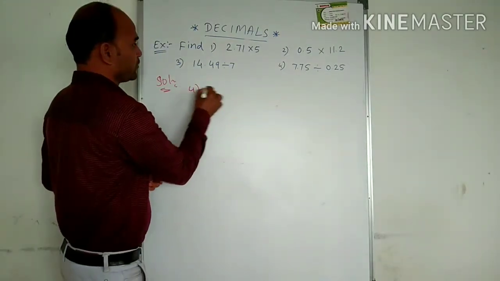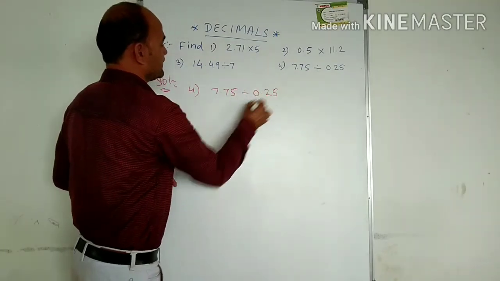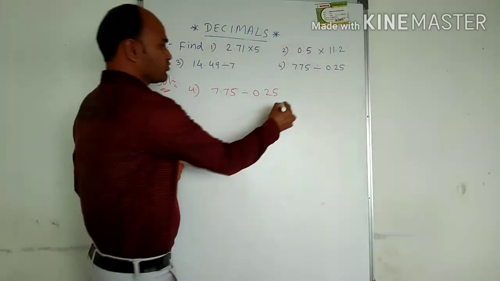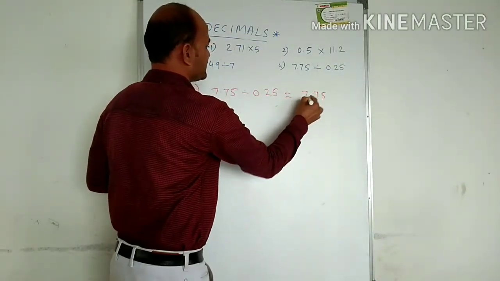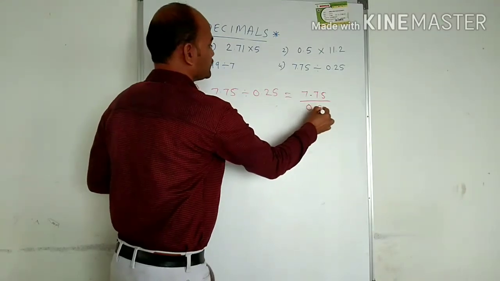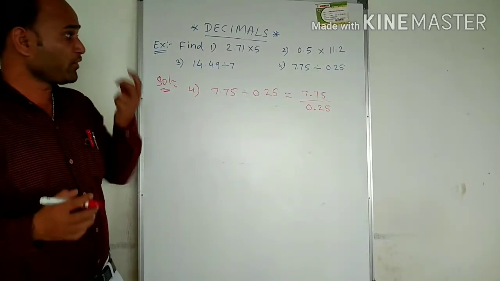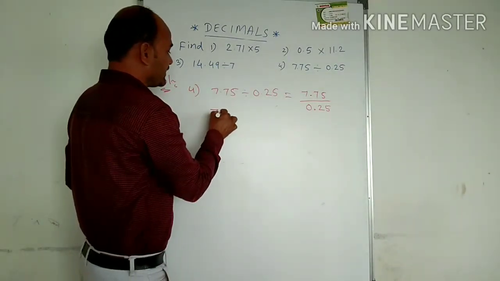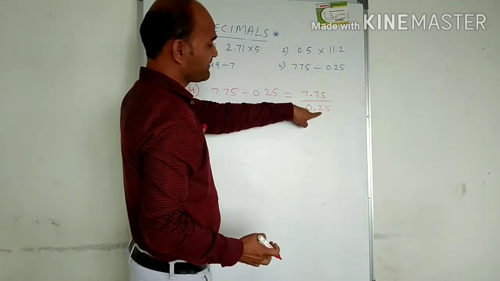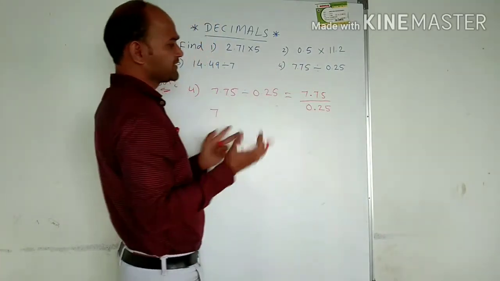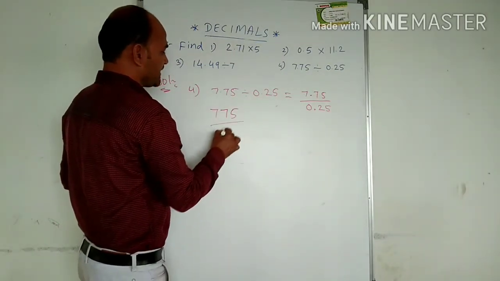So we can see here the fourth question, 7.75 divided by 0.25. सबसे पहले आपको करना क्या है, इसको डिवीजन फॉर्म में लिख कर लेना है. 7.75 divided by 0.25. अभी आपको डेसिमल पॉइंट हटा देना है, then it will remain, because यहाँ पर after the decimal point 2 digits are here and here also after the decimal point 2 digits are here. It means it is like decimals. So we can write here 775 divided by 25.